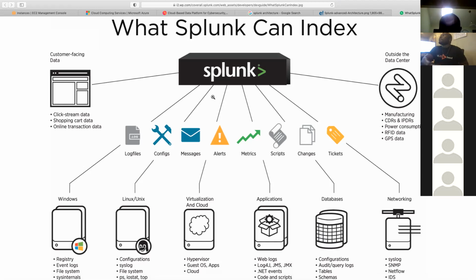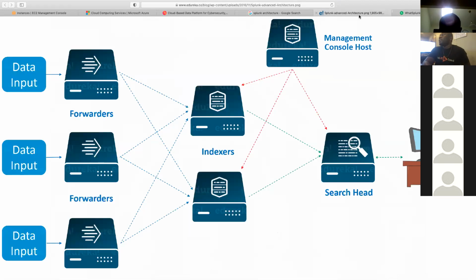All right, so we now have a high level understanding of what Splunk is supposed to do. These are the main components of Splunk that I want you to worry about at this initial stage. There's more, but the initial stage is what I want you to worry about. You have your search head, which is this. You have your indexers, and then you have your forwarders. So when you are